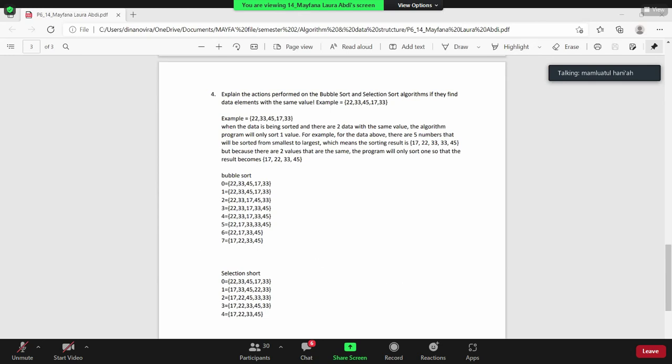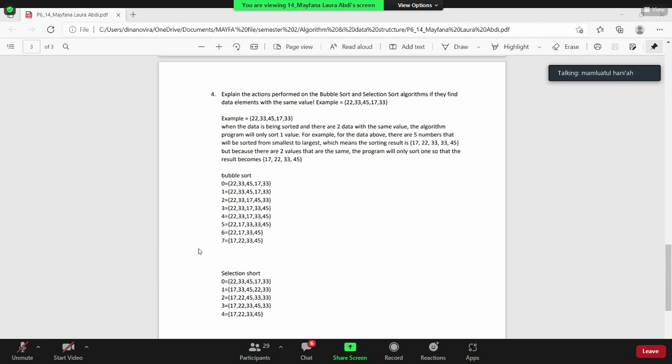So, if you have the same value, what happens? Do you swap it or not? If you have the same value, do you swap it or not? Yeah, you don't swap it, karena nilainya sama. And remember your if condition is more than, not more than or equal to.